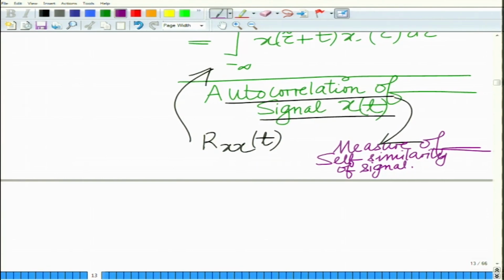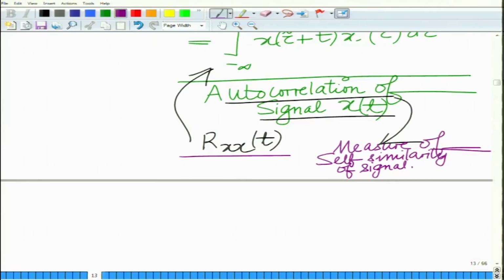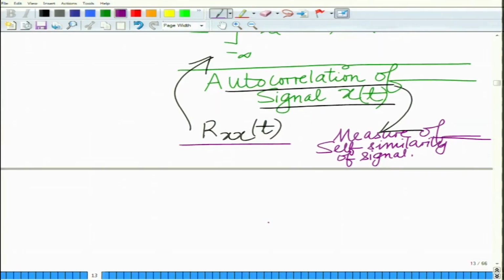It is also a measure of the correlation between the signal values separated by an interval of t, right. How similar is the signal to itself when you shift it or advance it by t, that is what it means intuitively, and therefore what we have shown is